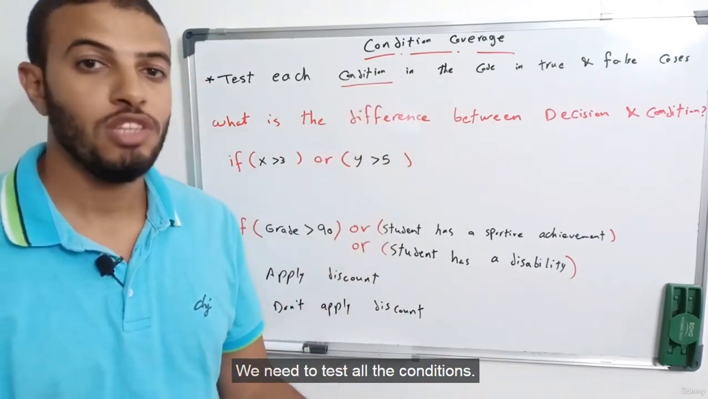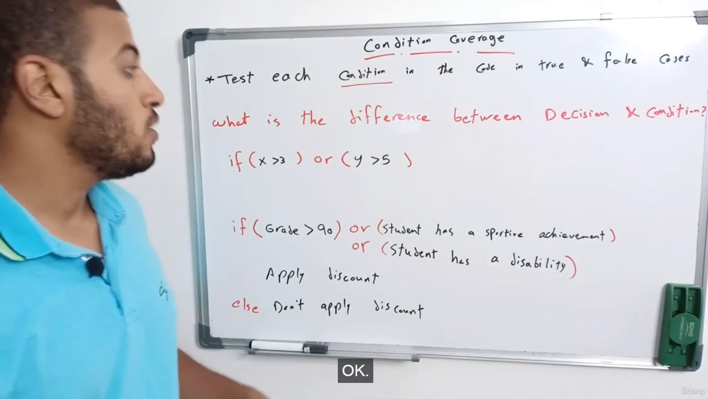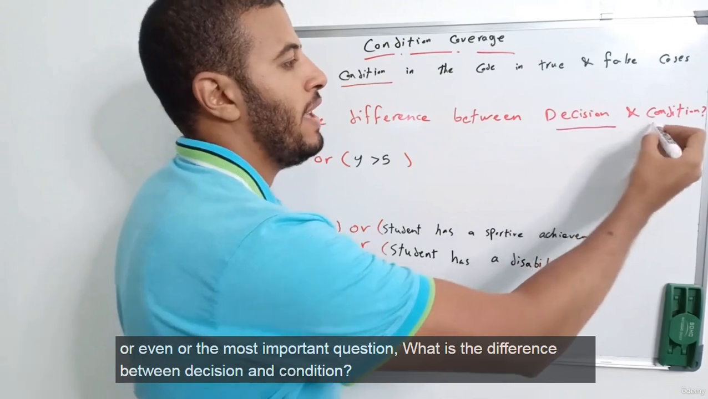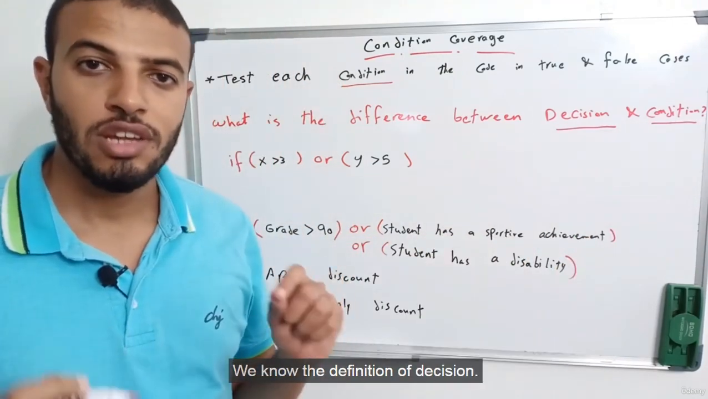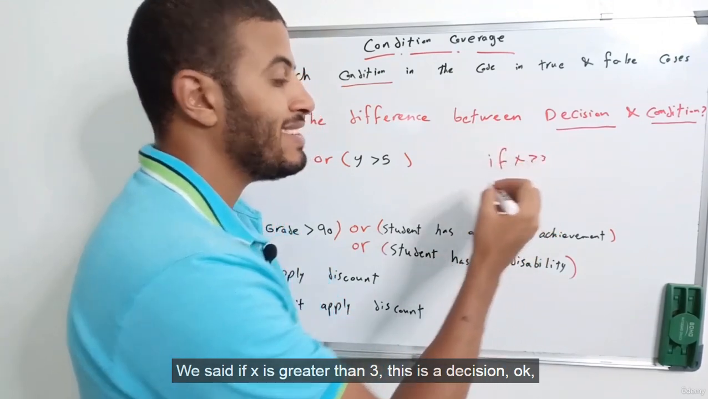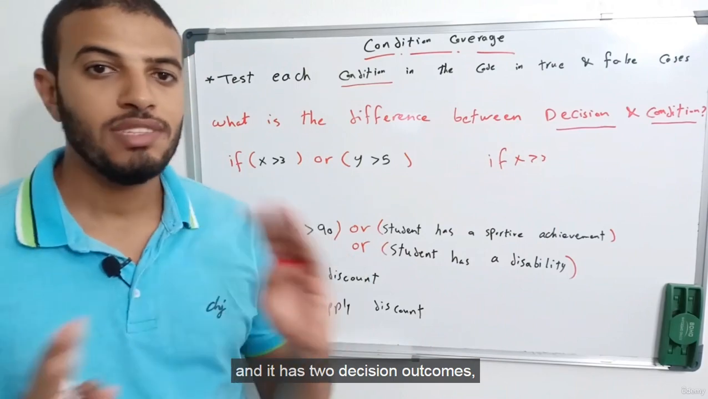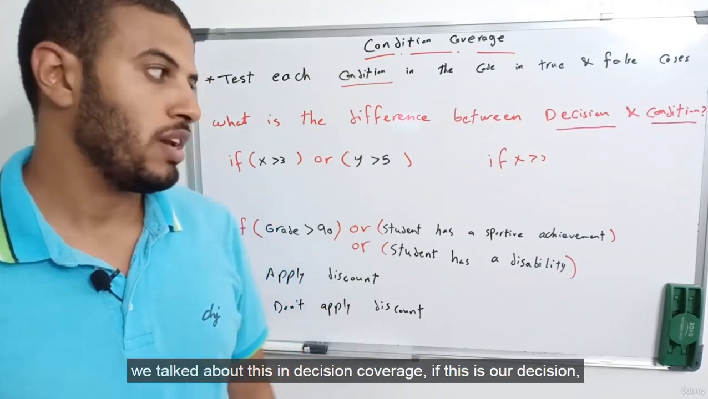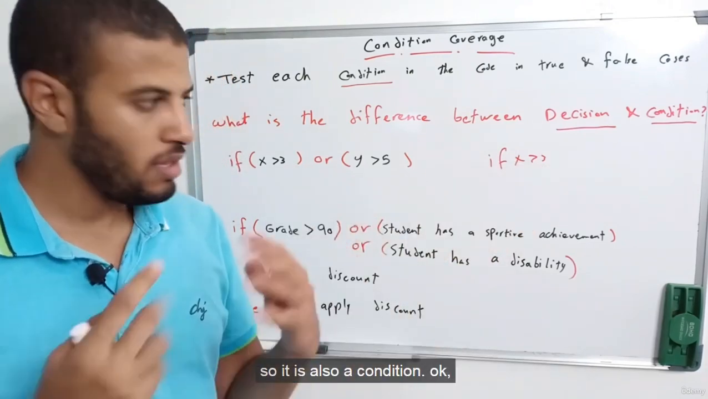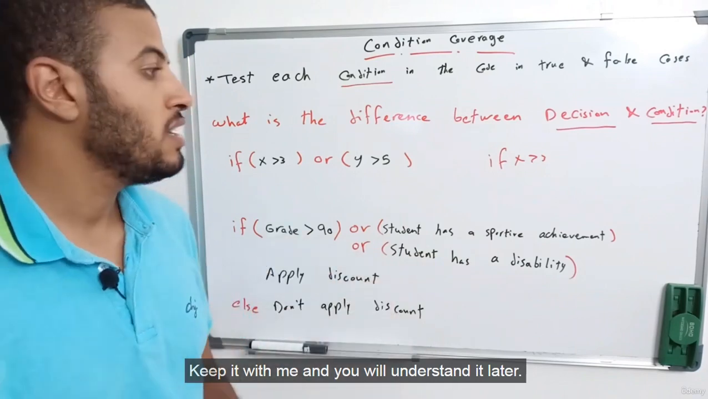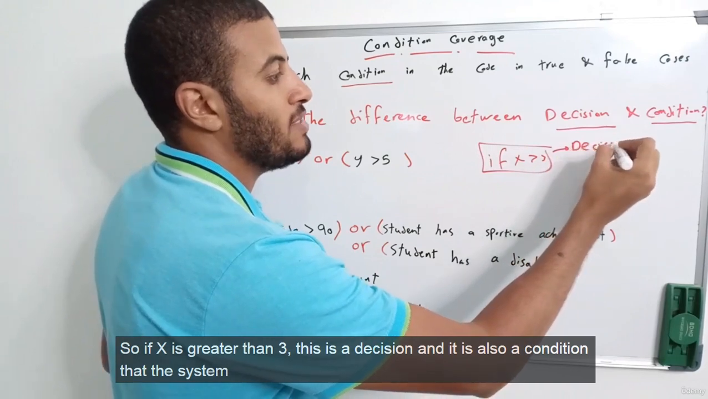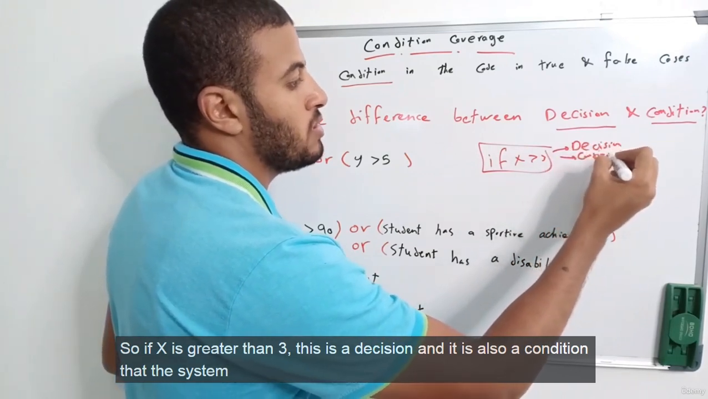We need to test all the conditions. What are the conditions, okay? Or the most important question, what is the difference between decision and condition? We know the definition of decision. We said if x is greater than 3, this is a decision, and it has two decision outcomes. We talked about this in decision coverage. If this is our decision, it is also a condition, okay? Keep it with me and you will understand it later. So if x is greater than 3, this is a decision and it is also a condition